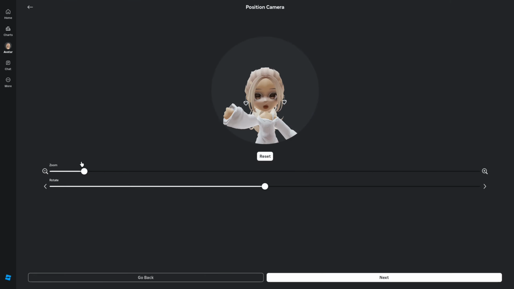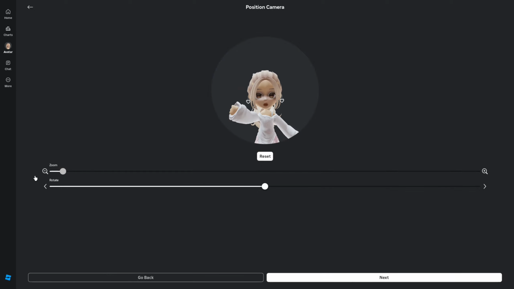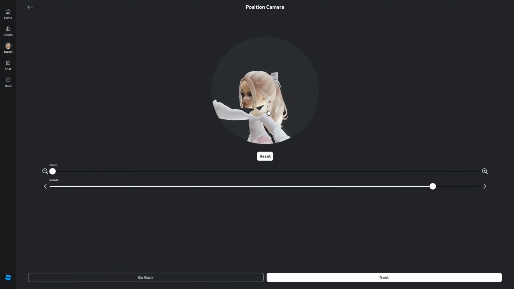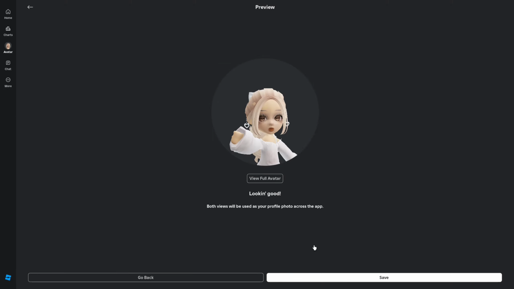I'm just going to select next here. You can zoom it in however you want. You can also rotate it if you'd like to. And you can also rotate it here as well. When you're done, select next. You can also view full avatar, and I'm just going to select save,